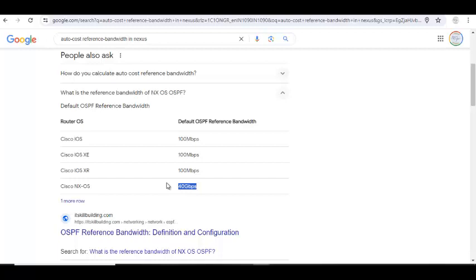Do we need to do it on ASR device? No. Sorry, we have to because it is only 100 meg. Nexus, oh yes, we have to change the reference bandwidth. It's good, Nexus operating system. Yeah. All run only one operating system, NXOS. Whether it is 3K or 5K, 7K, 9K, they all run Nexus OS, NXOS.